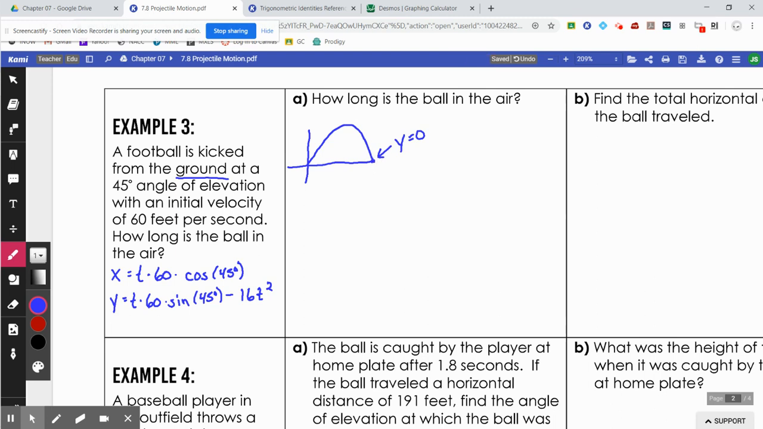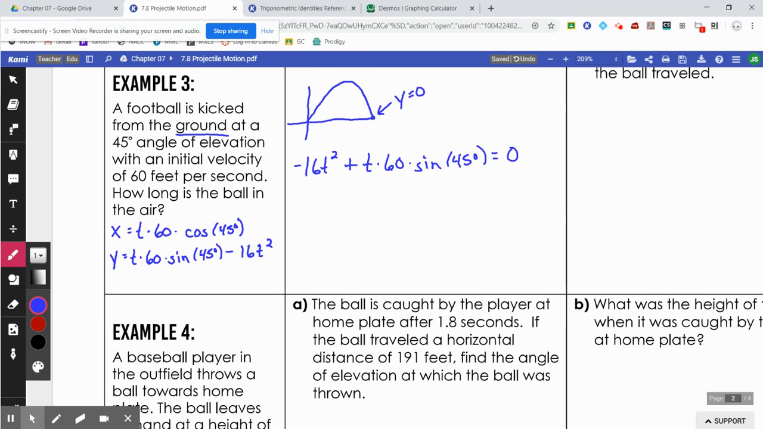So take your second equation, and I'm going to put those in order. Like I said, I like the t squared first since it is quadratic. Negative 16t squared plus t times 60 times sine 45. I want to know when that is equal to, that's the height, that's my y value. I want to know when that is equal to 0. And all you're going to have to do here is, first off, you have two terms. Factor out a t. So when you factor out a t, you're going to be left with negative 16t plus 60 sine 45